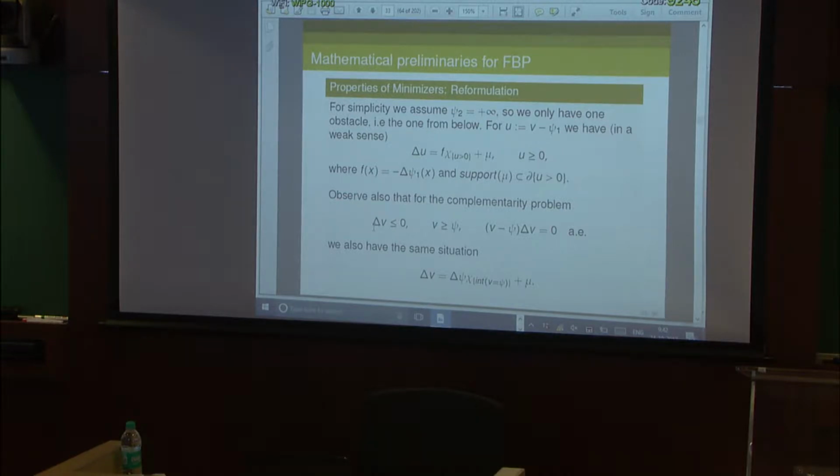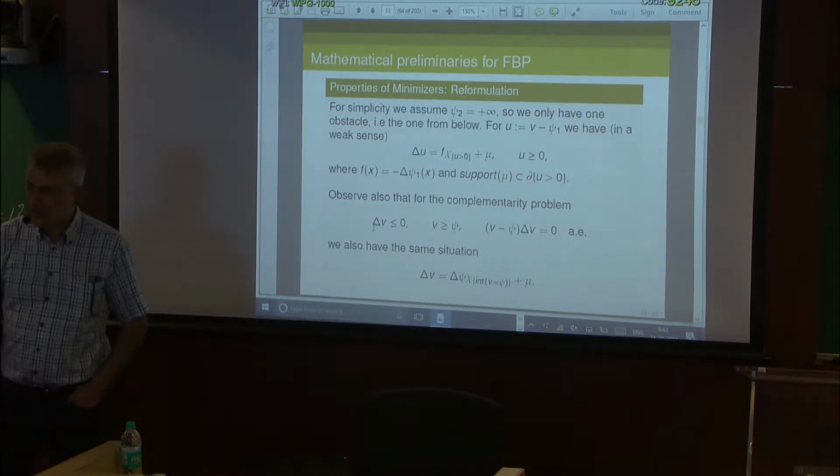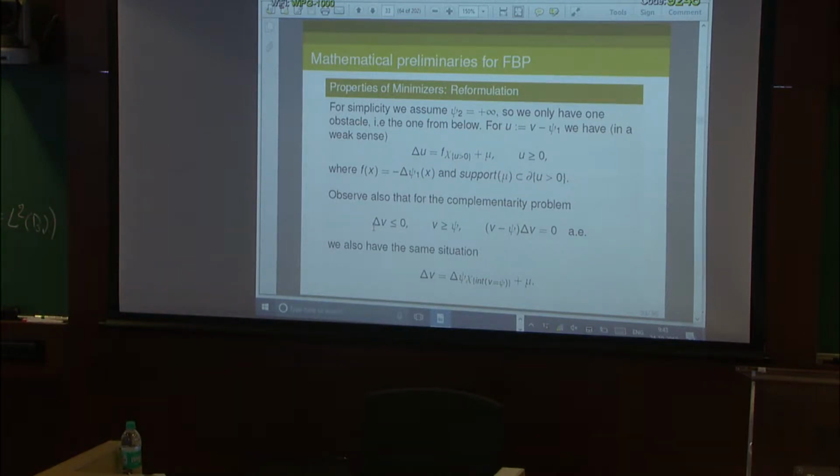W^{1,2} means that the function v and its gradient are in L2. Okay? So we are in L2 space. It goes for the function v and its gradient. And we're trying to minimize this functional. The name for this is Dirichlet energy, or Dirichlet integral. So Dirichlet energy is minimized. And when minimizing this, you realize that if this doesn't touch the obstacle,